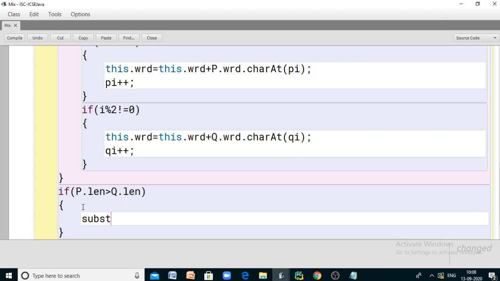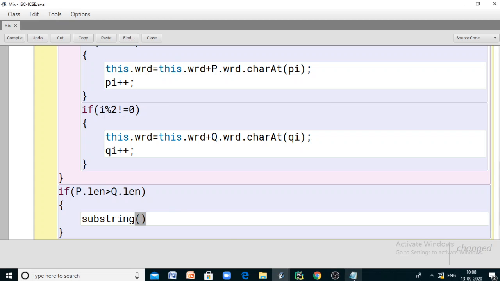We can use the substring method. Substring extracts a portion of the main string and returns the extracted substring. So where do you want to extract from? From the character next to the last corresponding character in the longer word.